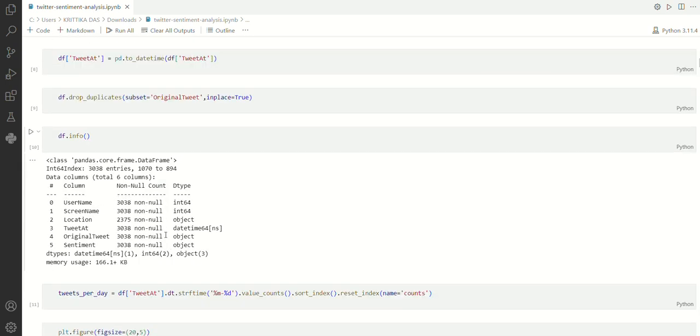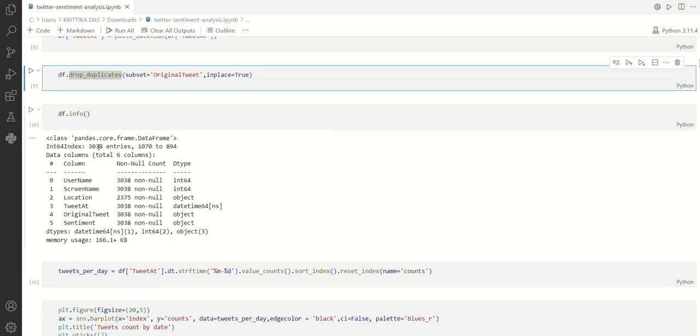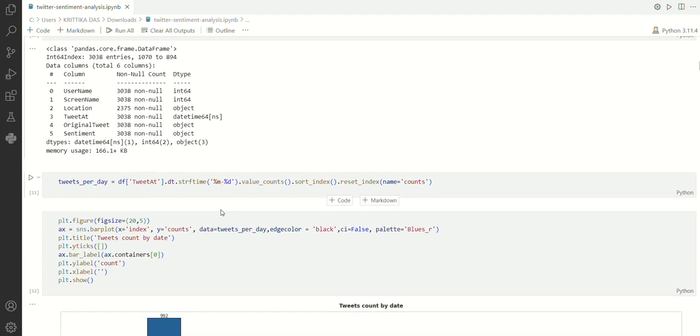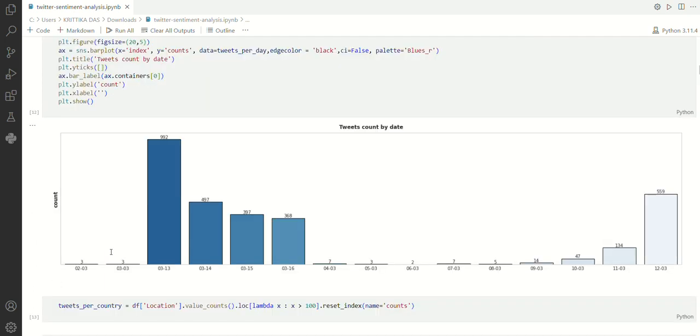And after pre-processing and dropping the duplicates, which we are doing in cell number 9, we have again visualized the information of the data frames, and then we are analyzing the tweets per day in a visual manner. When we analyze tweets counted by days visually using matplotlib, we can see this data. So we can ascertain that on 3/13, 992 tweets is the maximum value reached in